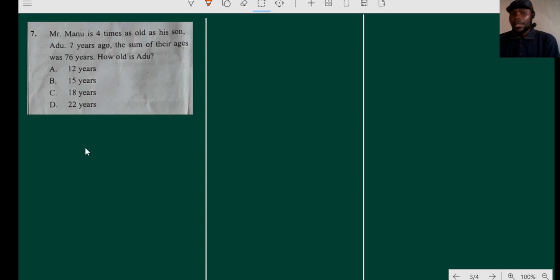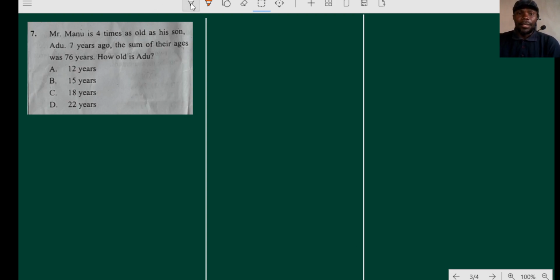Malu is 4 times as old as his son, Adu, that is the son's name. 7 years ago, the sum of their ages was 76. How old is Adu? Now, in having these questions,